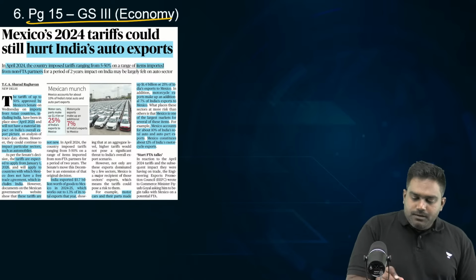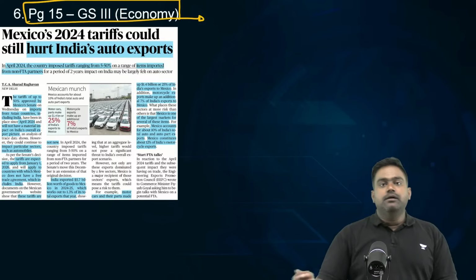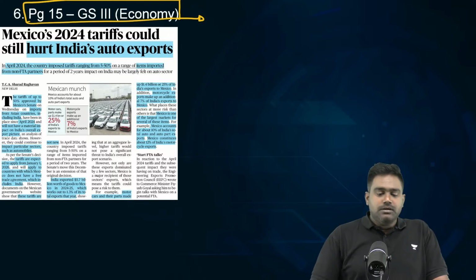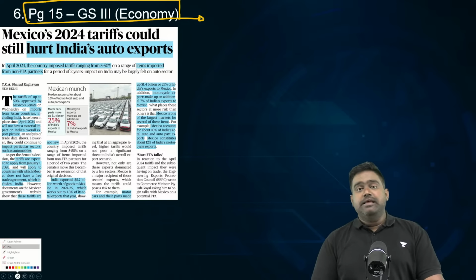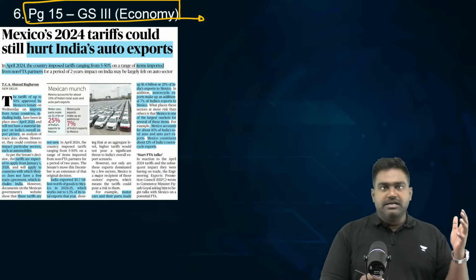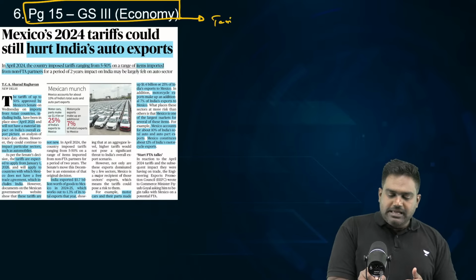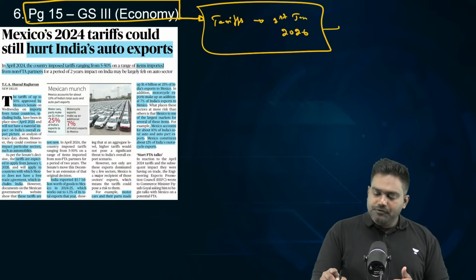Next, Mexico has ratified up to 50% tariffs, some of which could hit India. The Senate in the Mexico Assembly, right? They have the Mexican Parliament. The Senate has approved these tariffs, which are going to take effect from 1st Jan 2026. Up to 50% tariffs